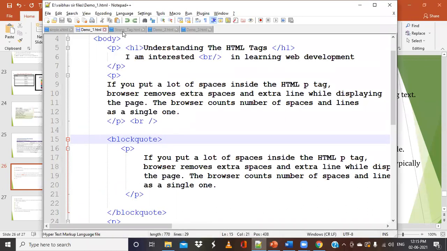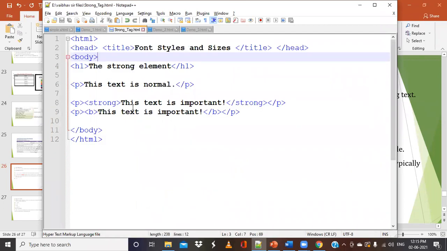So I have taken another simple example, that is strong.html. Here I put the h1 tag. What does this h1 tag represent? How many heading tags do we have? Six, H1 to H6. H1 will display the information with a big font or a small font size? Big font. What is the shortcut to remember this? Lower the number, higher the font size. Okay, very good.